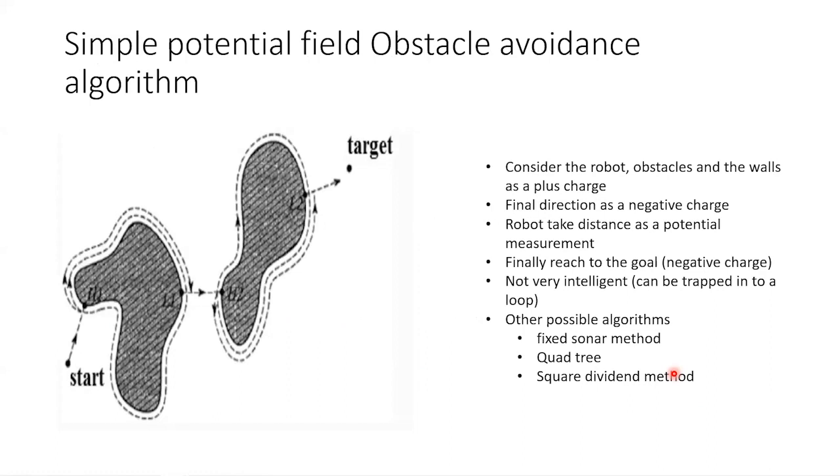Potential field algorithm. If I explain it to you, think about the robot as a positive charge, and the obstacles we want to avoid as positive charges as well. When this positive charge starts to move, the same positive charge obstacles will repel the robot, and the target, if we take the target as a negative charge, eventually the robot will go towards